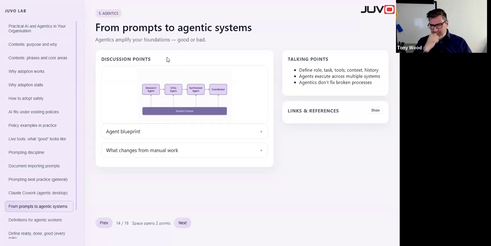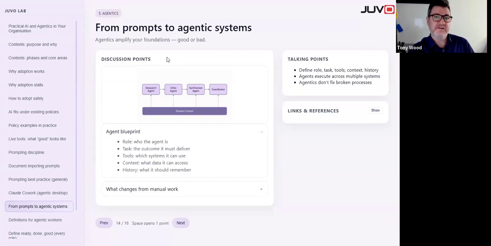So this is, if we say there, that's where we're looking at prompting. I then want to go to the next level, and of course, the teaser I gave right at the beginning of what would I recommend you do, the single most important thing that you could do over the next 6 to 9 months, that's coming up. So agentics, what are agentic workers?